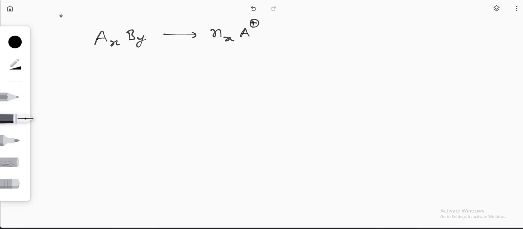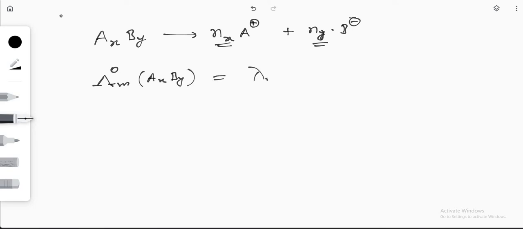Don't worry about the number of charges. Plus ny number of B minus ions. nx number of cations, ny number of anions. In that case, we can write the molar conductivity at infinite dilution for the electrolyte AxBy as